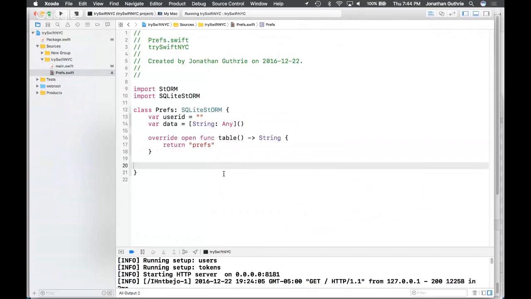So I'm adding in here a function that defines the table. Now, what we could do is say that it should maybe echo the lowercase equivalent of my class name. But there are so many cases where that is different. You might want a namespace for tables, as an example. You might want to call this user preferences, but your class, let's just call it prefs. So that's why in this case I'm saying, let's override it and show you that that's how it's done.